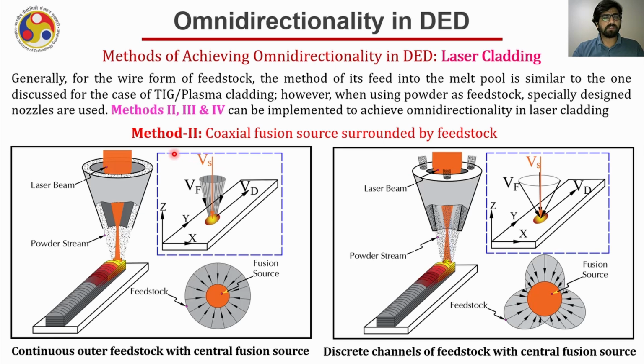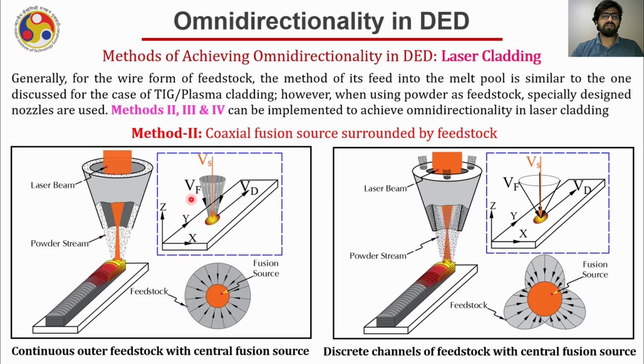As per method number 2, the fusion source will be coaxial and it will be surrounded by the feedstock. Now, like I already mentioned, as we now have the freedom of using powder as a raw stock material, we can form a proper cone like you are seeing here surrounding the laser beam coming coaxially through the center. If you draw the vector diagram of this kind of system, then it will look something like this,